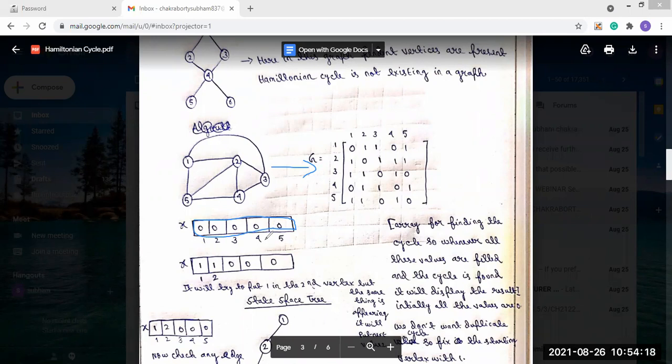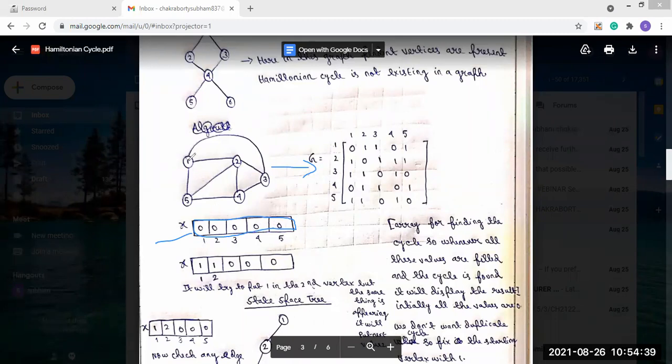So let's start. What is step 1? In step 1, we use an array with 5 indices, because 5 vertices are present, and all the indices contain 0 initially.